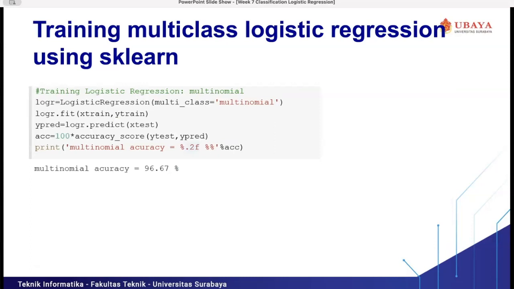For the midterm exam, or UTS, you can open your PPT, your Google Colab, and your OneNote, but you are not allowed to use Google for searching information. The midterm exam will be held on 16 October, which is next Monday. You can prepare yourself for it. Before the midterm exam, if you have questions related to the course material from week 1 to week 7, we can discuss them in the Google Chat group.